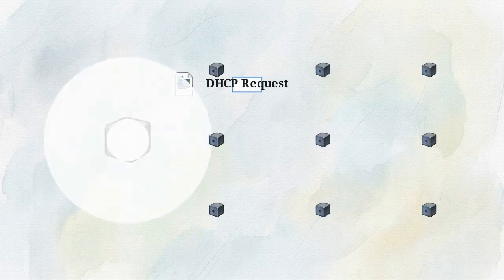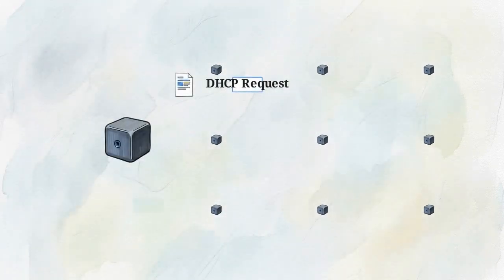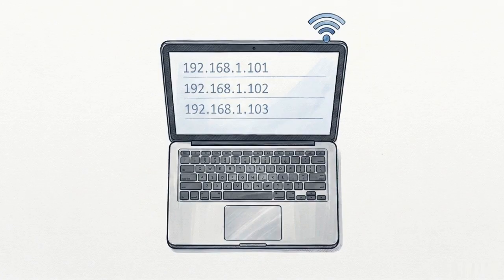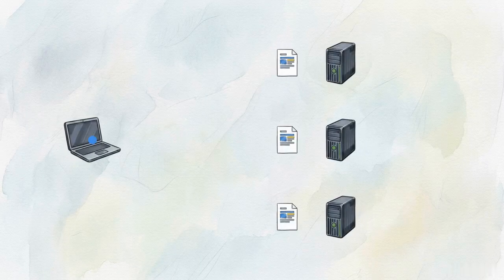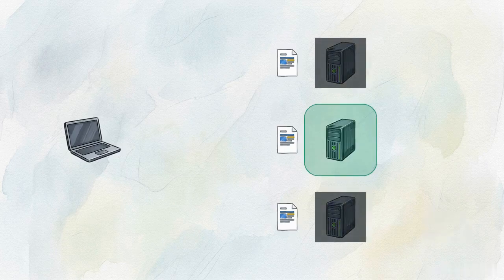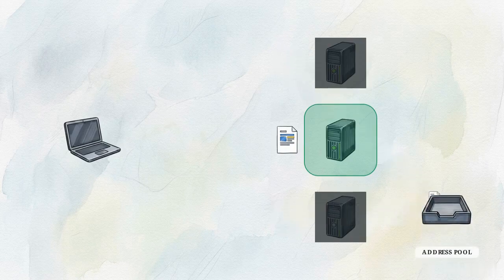We reach the third step, request. To finalize its configuration, the client must explicitly accept the offered identity. In large topologies, a client might receive simultaneous offers from different DHCP servers. When this happens, the client algorithms select one offer and discard the others. The client sends its request as a broadcast rather than a direct unicast. This informs the chosen server of acceptance, while instructing any unselected servers to immediately return their offered IPs back to